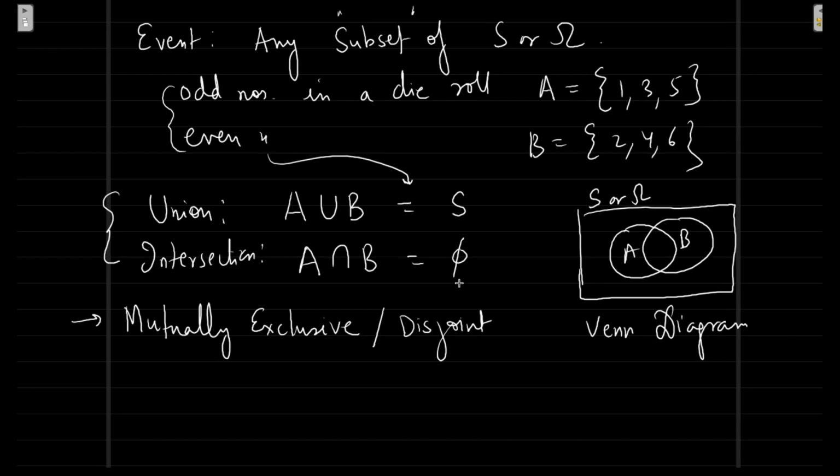But okay, mutually exclusive. Last thing before I jump to what is defined as probability. How do we define mutually exclusive events? Mutually exclusive events are those that cannot happen at the same time. A intersection B is equal to empty set. Okay, very good. So mutually exclusive events mean that if event A can occur, then it's sure that event B cannot occur. If event B occurs, then event A cannot occur.